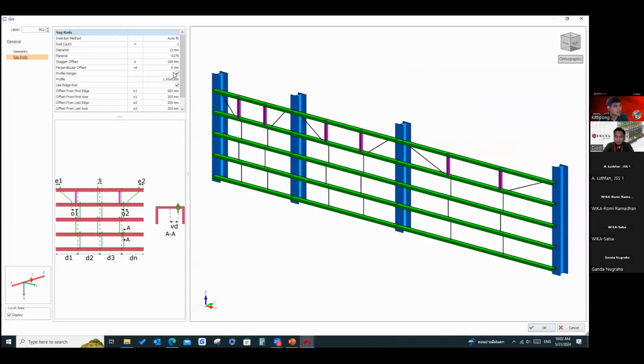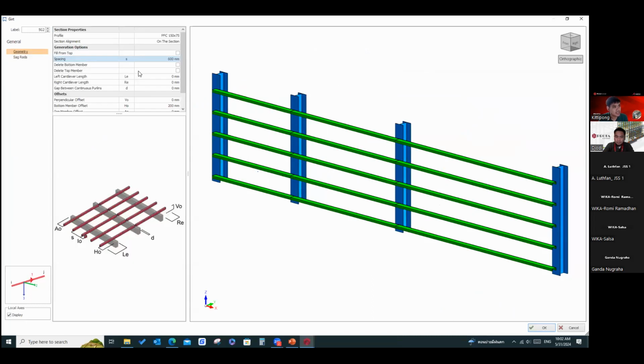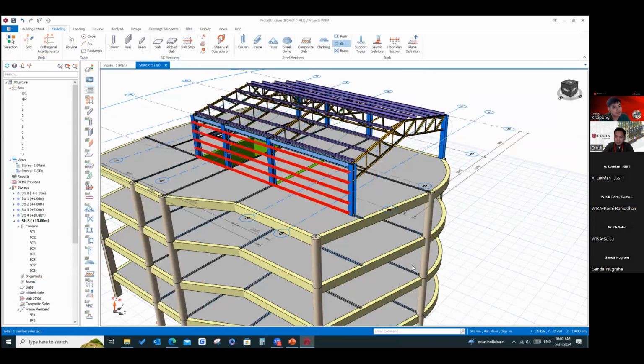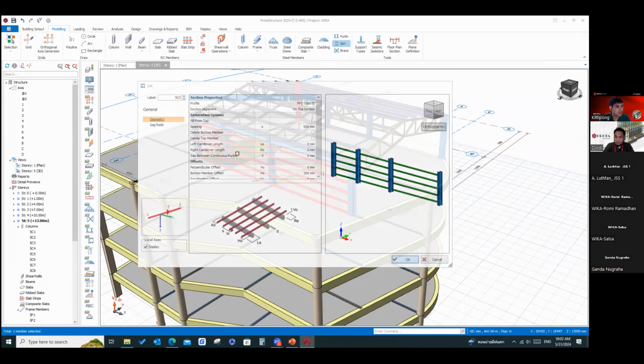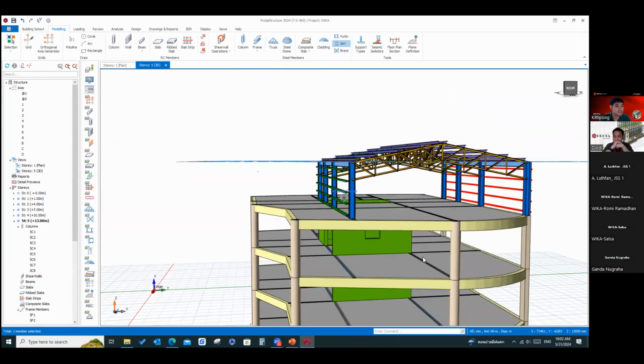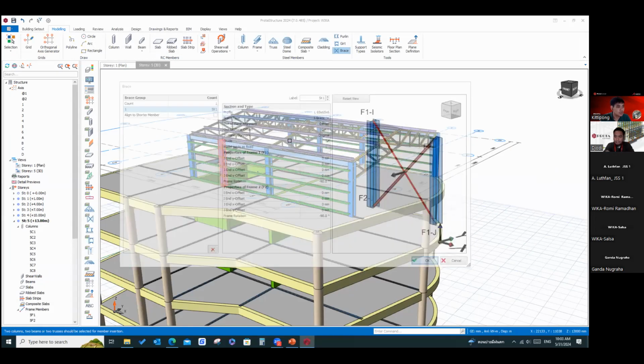It's quite easy. The setting is there, so you can see by yourself. Okay, the bracing for the steel structure like this. You can change the shape like diagonal, V brace, K brace or X brace. Up to you.